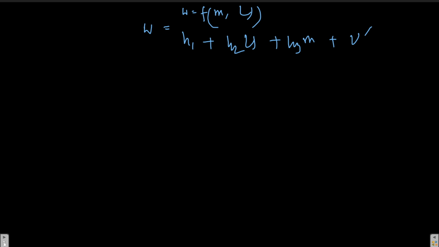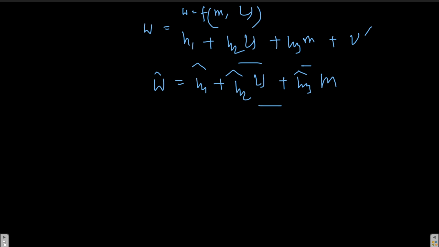Now, when I regress it, I get W hat, which is H1 hat plus H2 hat U plus H3 hat M. Okay, so this is a case of over-identification, so we call it 2SLS,